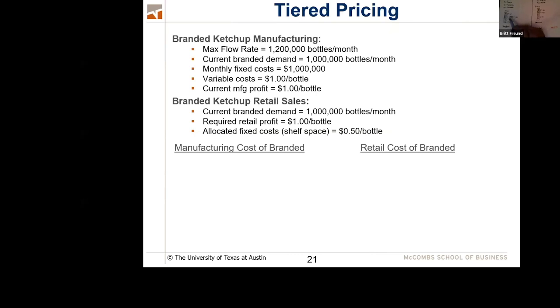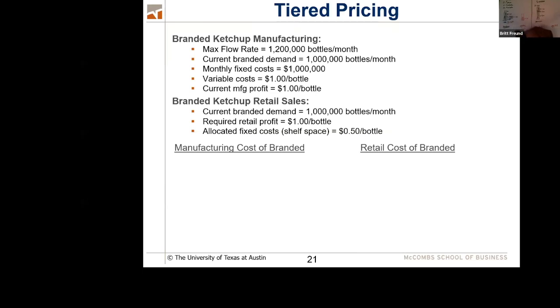He goes, I don't care about that fixed cost anymore. All I care about is I need to cover my variable cost, and we're going to put the same ingredients in, different label, different bottle, but it's about the same. So I'm still going to have about $1 of variable cost in each of these. Don't have to pay the fixed cost, okay? Don't have to pay it. And Brooke's making $1 a bottle profit.